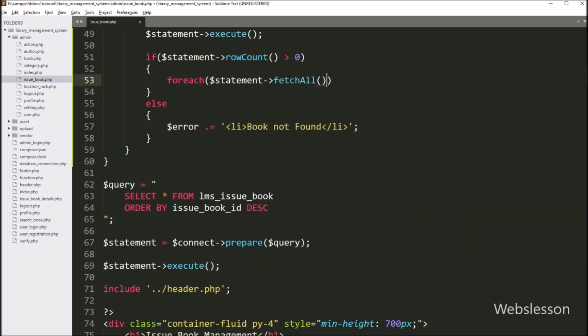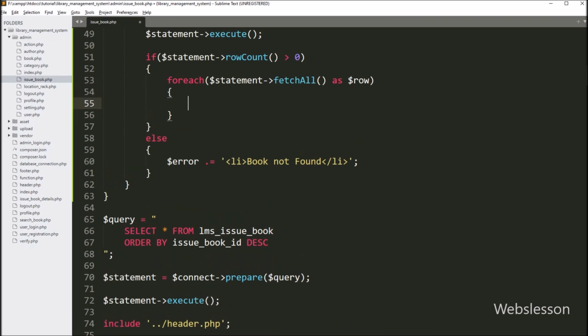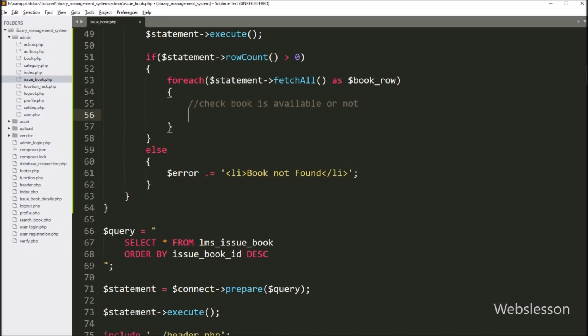foreach loop, and under condition, we have to write $statement variable with fetchAll method as $book_row. So here this fetchAll method will return query execution data in array format, which it will get from this $book_row variable. Under this block, first we want to check book copy available in library or not, so for this, here we have to write PHP if statement.